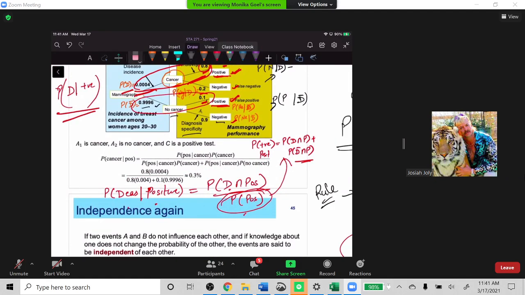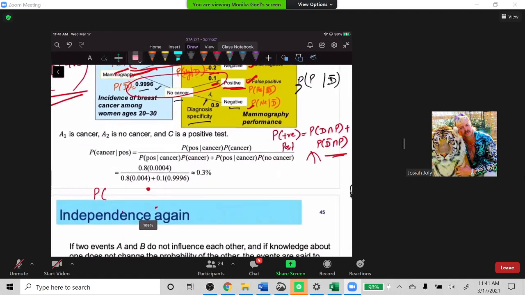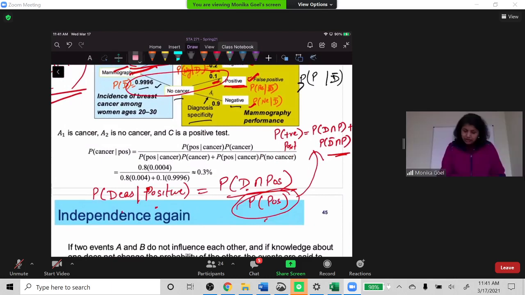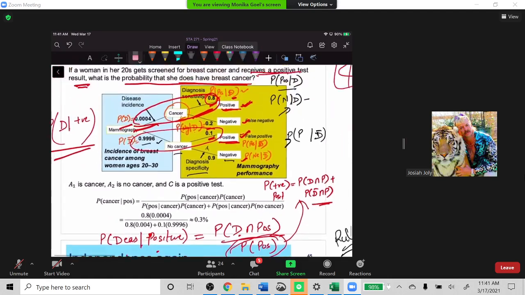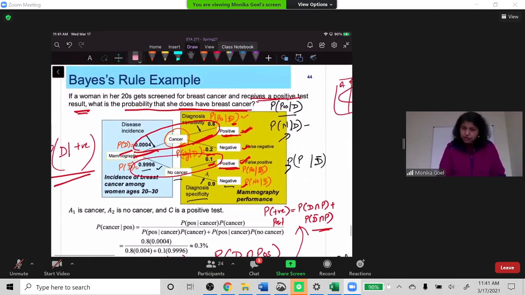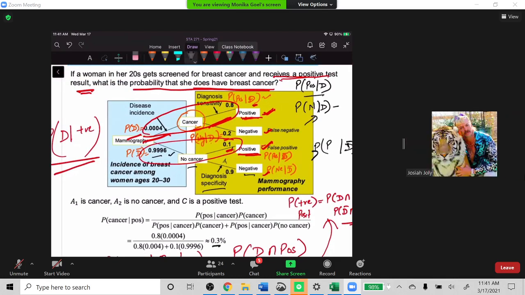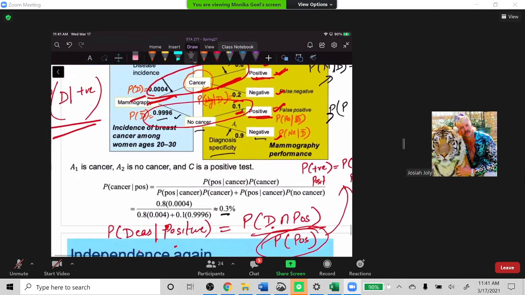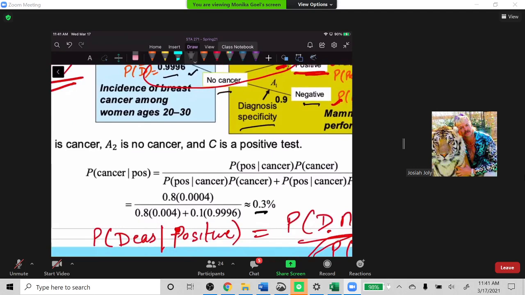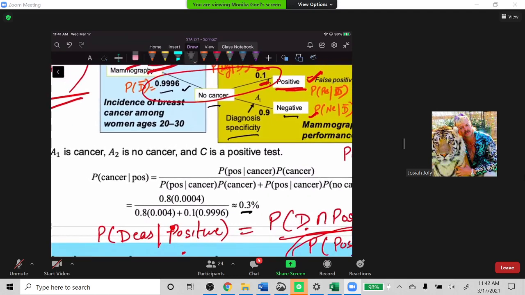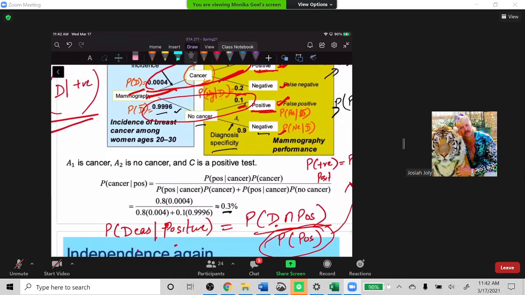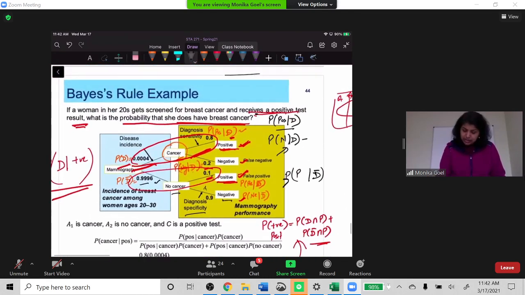So for the answer for that one, is that the 0.3 or would it be 0.8%? This one? For the question that was asked. Sorry, I didn't get your question. Are you asking about the answer in the end? Yeah. So would it be the 0.3 or would it be the 0.8? Because I was just a little bit confused since it said if she did have cancer. So I thought it would just be the branch that just had cancer. So if she, and it also says that receive a positive test.